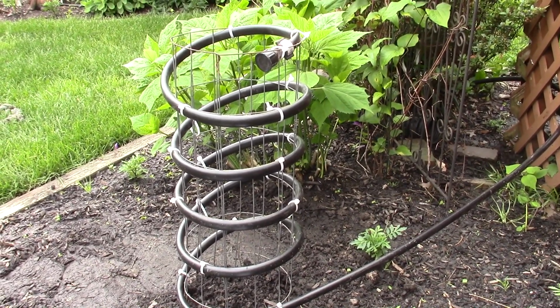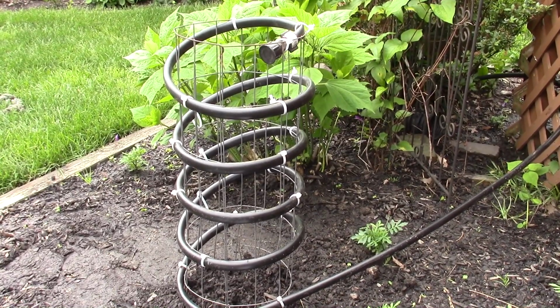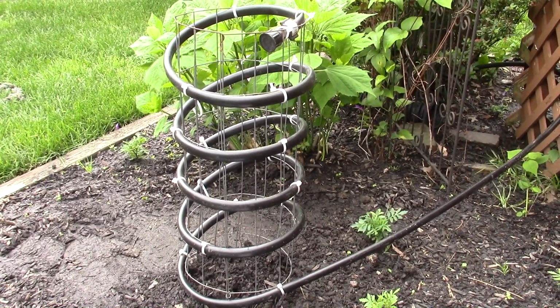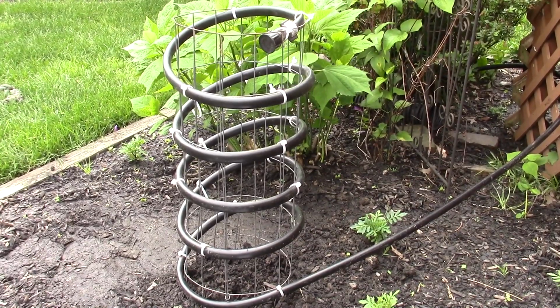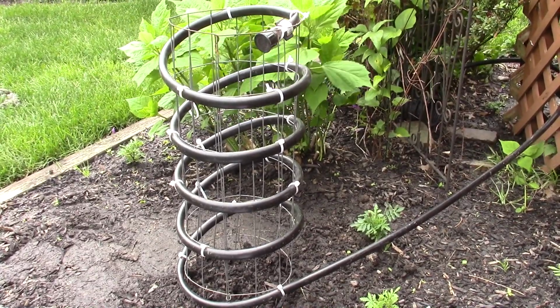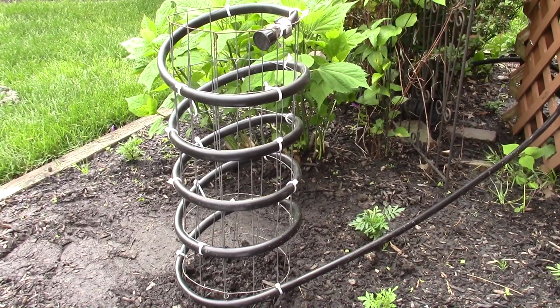Now, I've done these flower towers in pots before, and they never really seem to work out so well. The issue was always water. They dry out quickly, and it's hard to keep the dirt above the pot moist or wet for the flowers. So what I came up with, since I have an irrigation system in here,